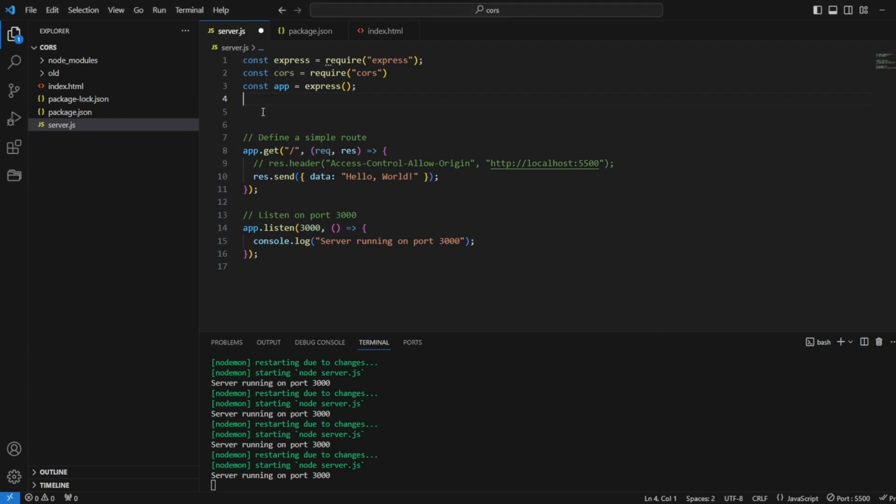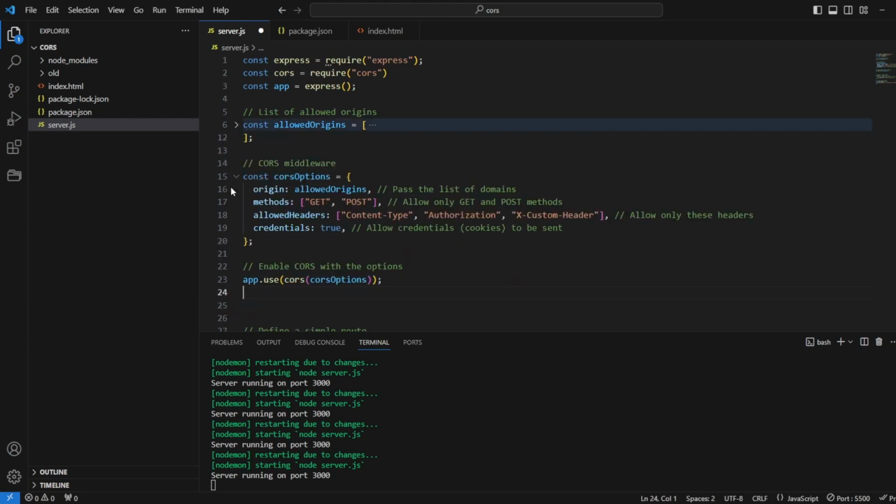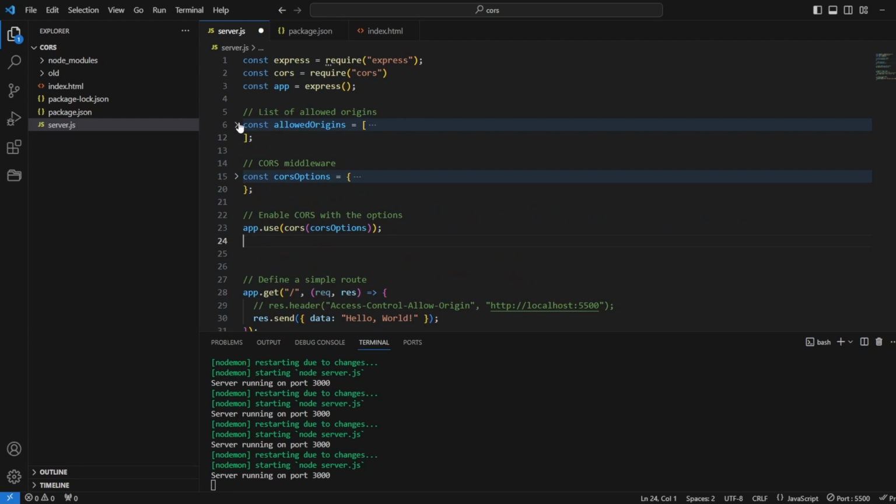Copy and paste it here. Okay, it's too big, right? Let's see what exactly is happening. So what I added extra is that I imported the